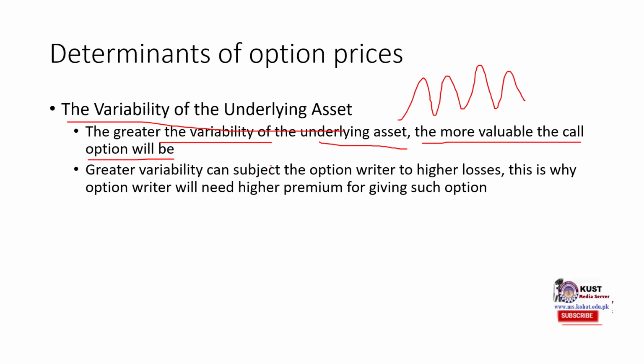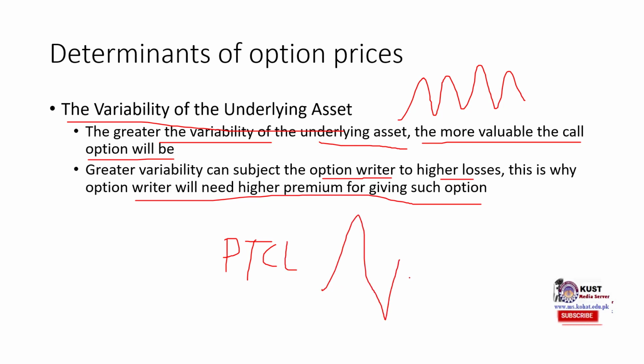And the greater variable can subject the option writer, the opposite party, to higher loss. This is why option writer will need higher premium to give such option. So the idea is, then when there is a higher variability in the prices, so imagine there is a stock, again the PTCL stock, and we know this PTCL stock increases and decreases quite a lot. There is a high variability in the price of the stock. Then someone selling